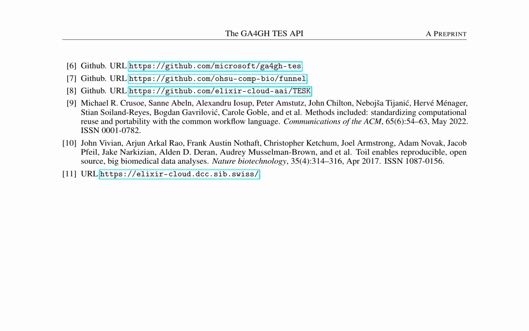The Global Alliance for Genomics and Health, GA4GH, Task Execution Service, TES, API is a standardized interface designed to facilitate the execution of tasks on distributed compute resources. This API has been successfully implemented in several projects, including Microsoft's implementation, available at 6, the Oregon Health and Science University's Funnel project, accessible at 7, and the Elixir Cloud AAI-TES kit, found at 8. These implementations showcase the versatility and adaptability of the TES API, demonstrating its potential to enhance collaboration and efficiency in